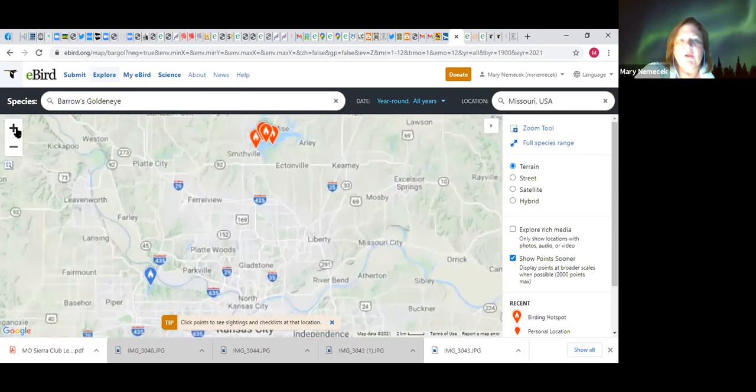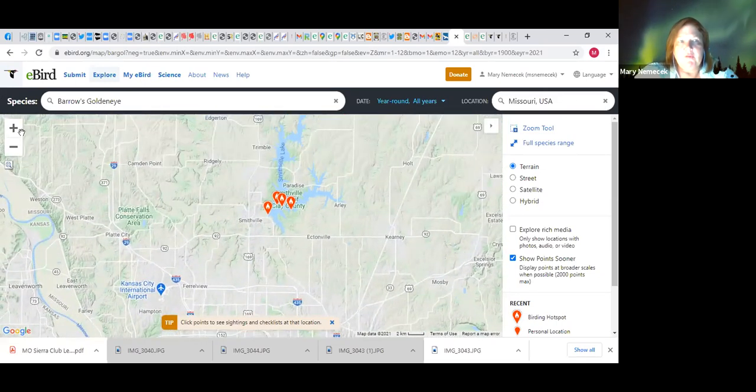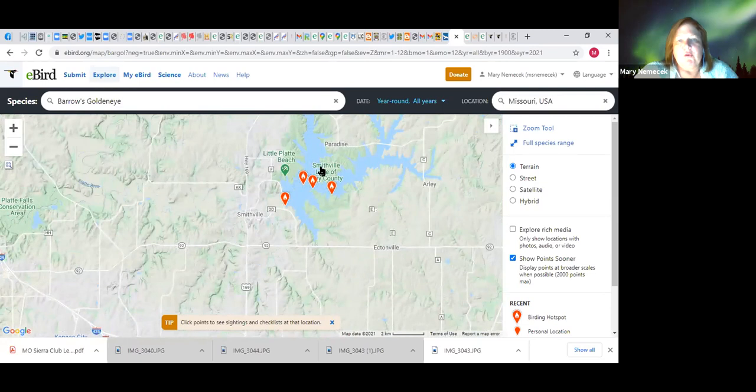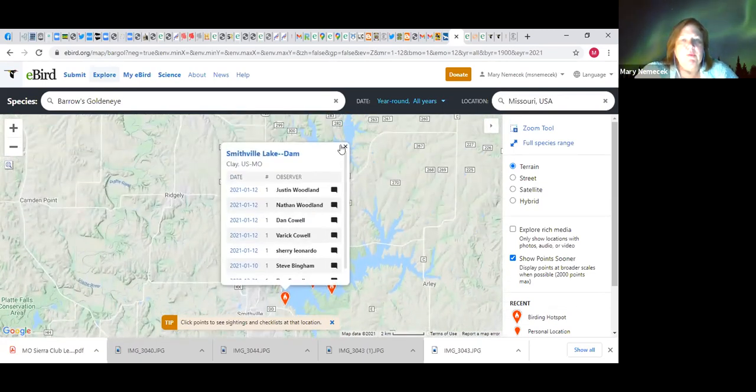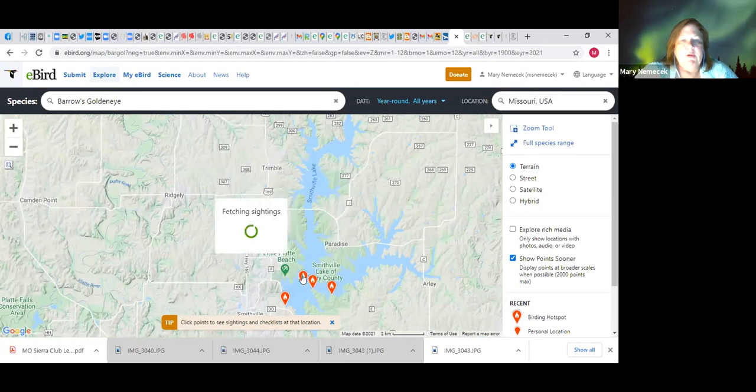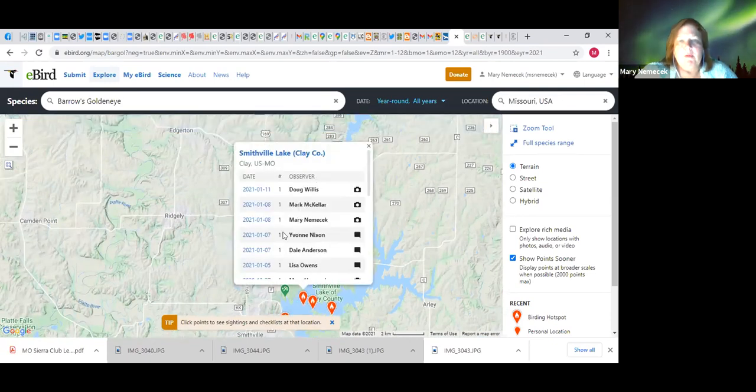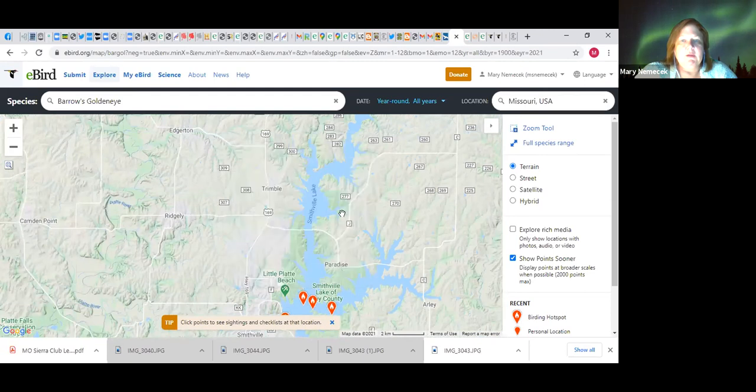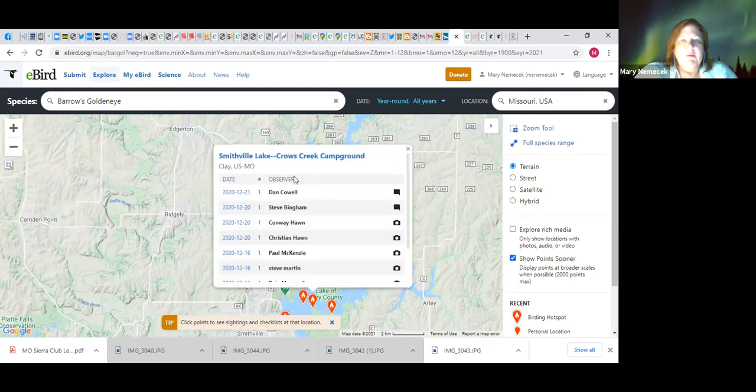So if you're targeting a species, you can do it this way, and it'll show you where different people have recorded it. So at the dam, at the main location for the lake, Crow's Creek Campground, etc. If you're targeting a specific species, you can do it like that and go in and see the different spots that people have seen it.